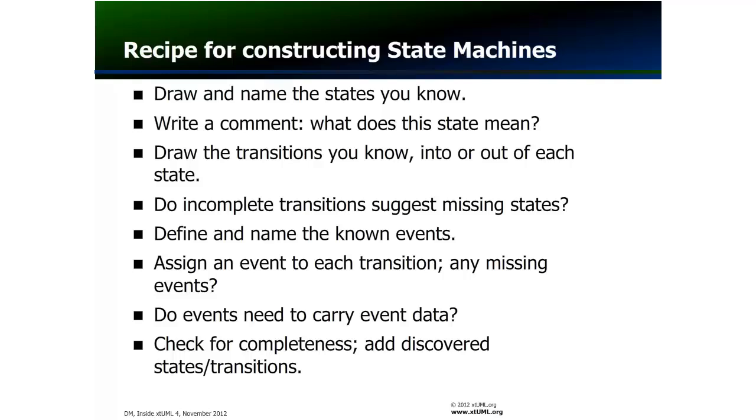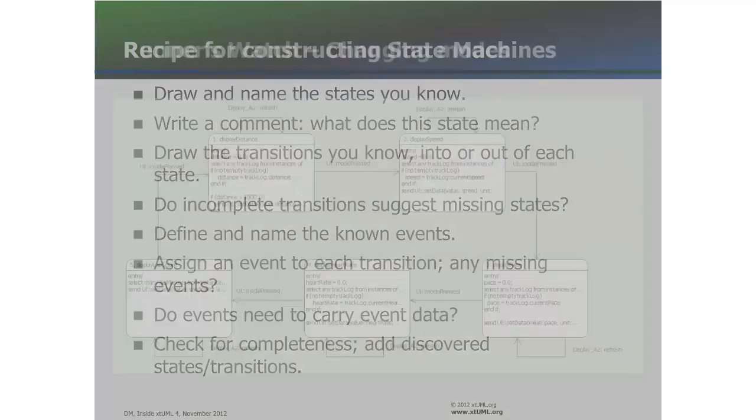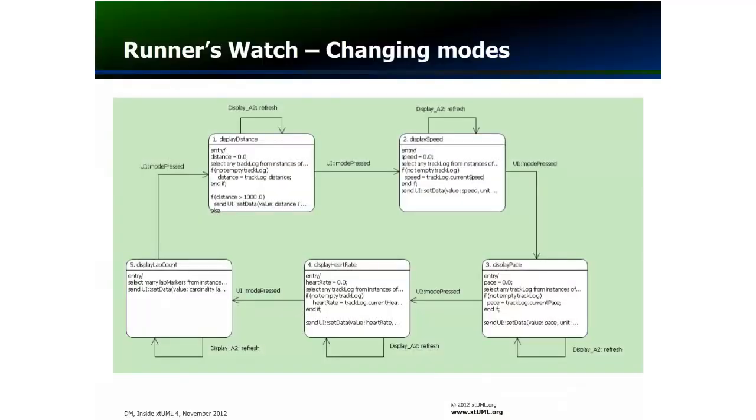Next, connect some of the states using transitions that are known. If there are unused known transitions, then consider adding a discovered state. Now check for completeness, and if gaps are uncovered, define events, discovered states, and discovered transitions until a complete state machine is constructed. In the runner's watch, the user interface component contains a state machine to manage the display information